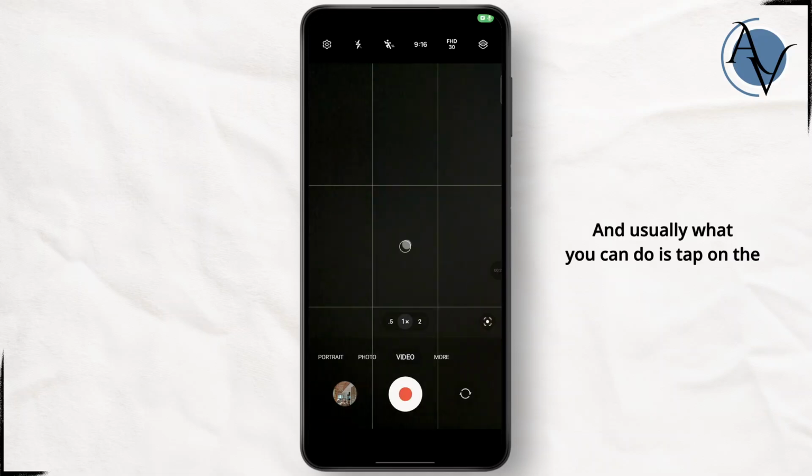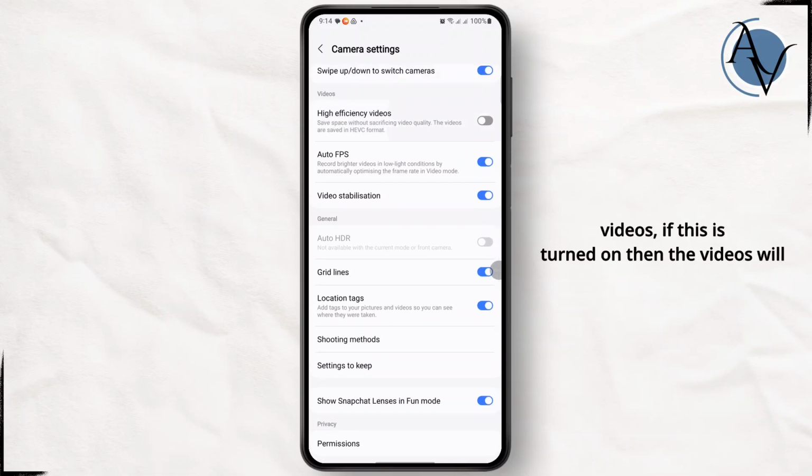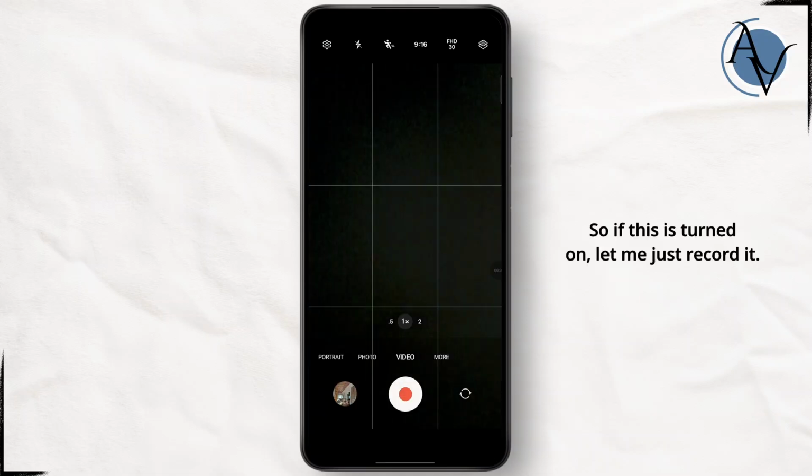And usually what you can do is tap on the settings menu at the top left. And once you land on these settings, if this is turned on where it says high efficiency videos, then the videos will be saved in HEVC format. So if this is turned on, let me just